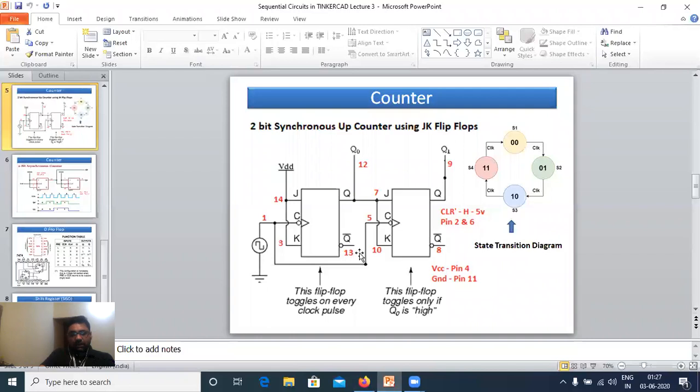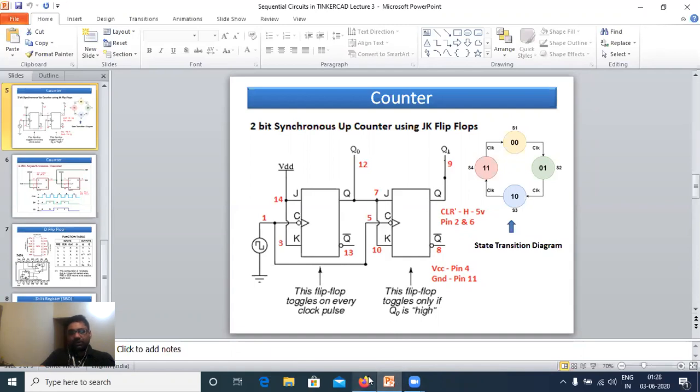Now this Q bar, you make a note here. This Q bar is open. That means you do not require to take any output from Q bar for both cases, Q1 bar and Q2 bar. I don't want these connections, so they will be just left open. I will focus on 7 and 10, which should be connected to Q. The Q1 should be connected to the next. This Q is pin number 12, so pin number 12 goes to 7 and 10 both.